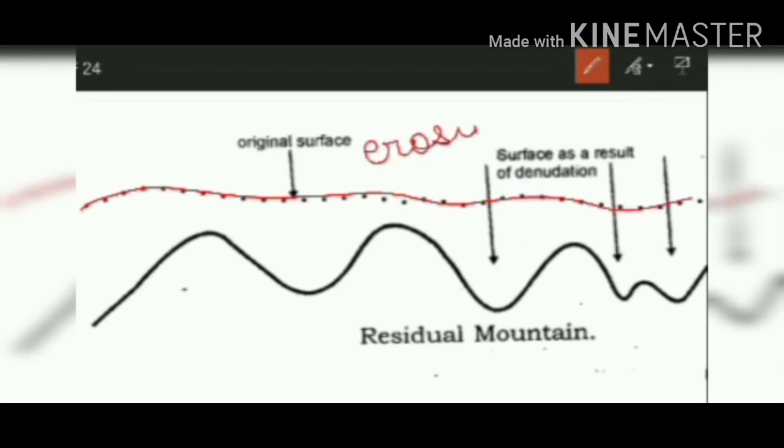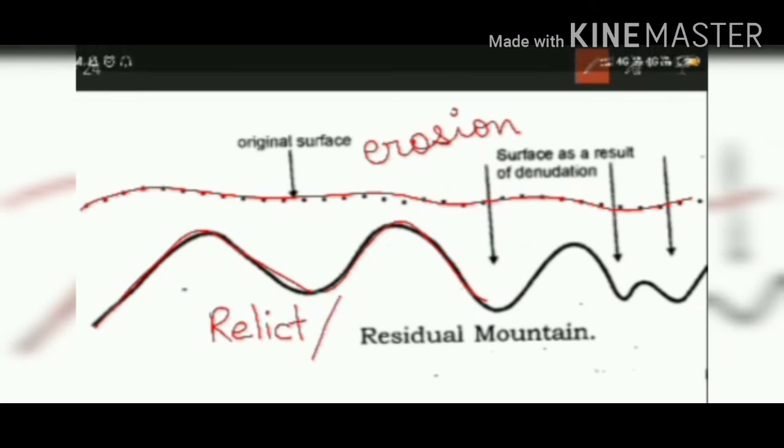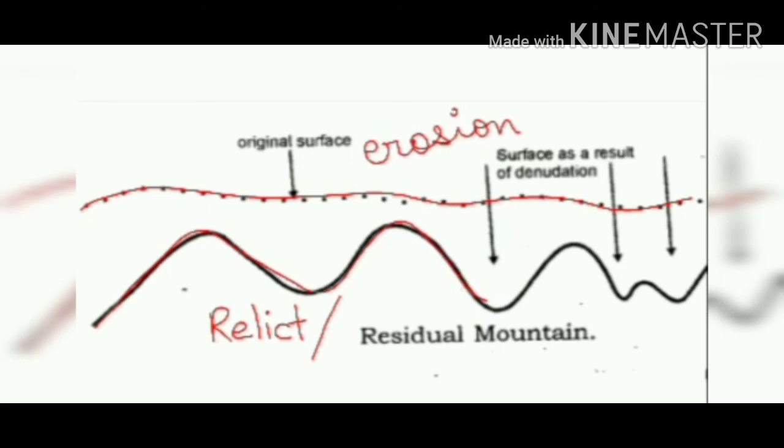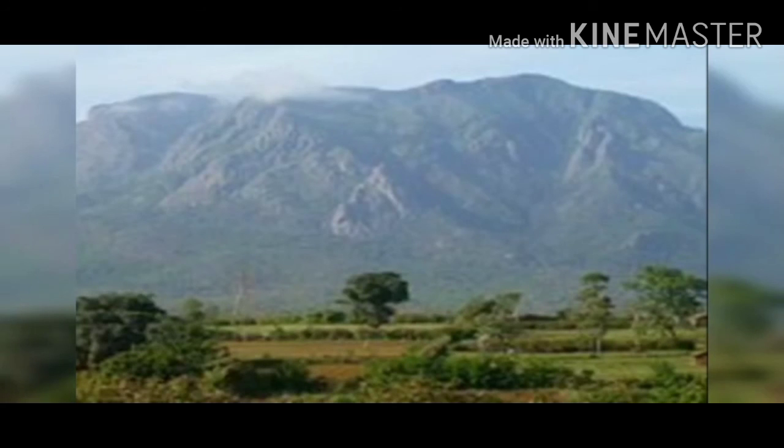The erosional agents like rivers, glaciers and wind erode the soft rocks easily in comparison to the hard rocks. Once the soft rocks get eroded and the hard rocks remain standing as highlands or hills, they are called the residual or the erosional mountains, right? Examples of these residual or erosional mountains are the mountain ranges of Norway and the Aravalli range of India.